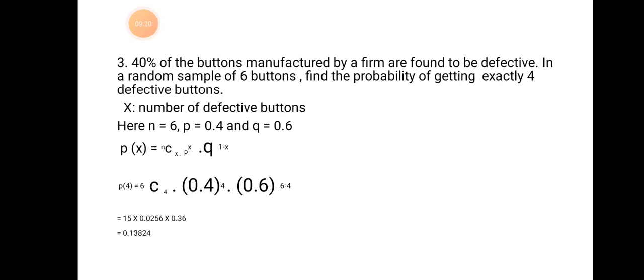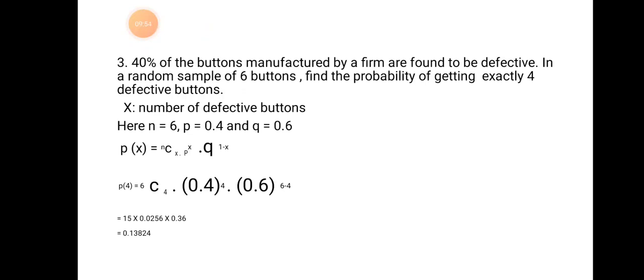Okay. So n is the sample, that is 6. So now we have to find out of the 6 buttons, what is the probability that exactly 4 buttons will be defective. So the formula is probability of x. X value here is 4. N is 6. Okay. P is 0.4. Q is 0.6. So P of x, that is P of 4, is